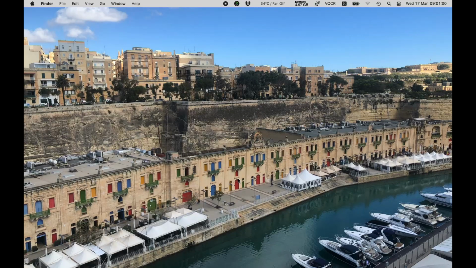I will show you how to format your nice shiny new SSD on a Mac for use with your sample libraries. Because by default, a lot of these SSDs come formatted as exFAT. And exFAT, although very useful for being able to use the disk on Mac and Windows, is absolutely not good